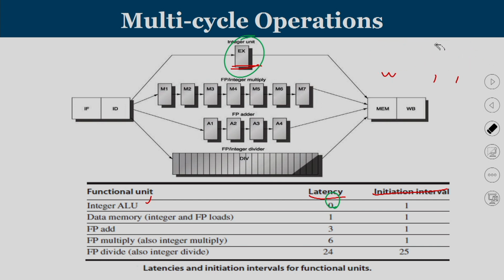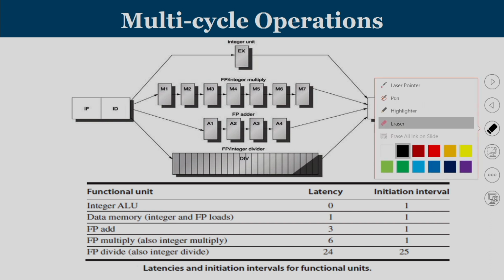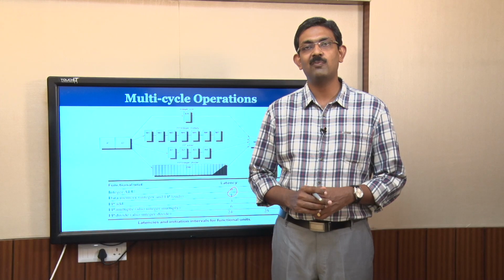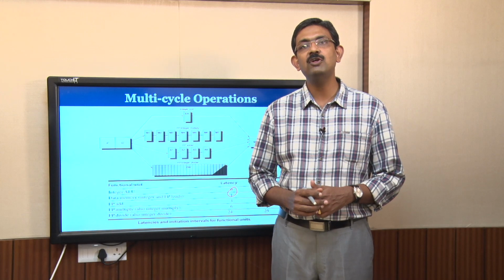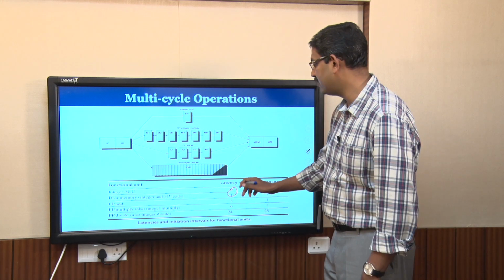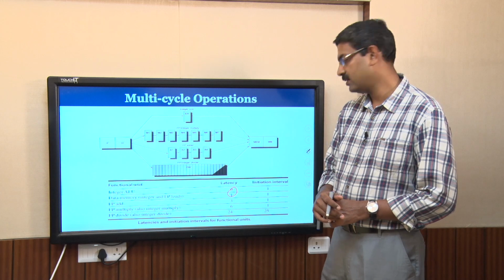Now we will see the next unit. The next unit for discussion is the data memory. If you access data from the data memory, and you want to use the data in any other instruction, there should be a minimum of 1 cycle delay, and that is what is called the latency. We have seen that whenever you have a load operation, immediately after the load if you have an add, even though we use operand forwarding, there is a 1 cycle delay. This is what we have seen in our last lecture. That is defined as the latency of data memory.